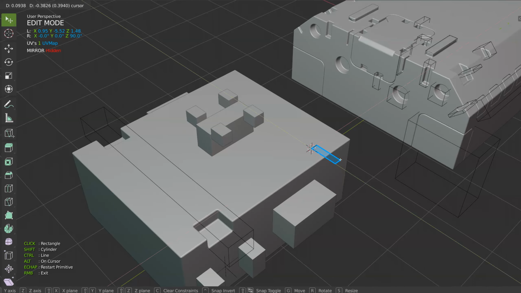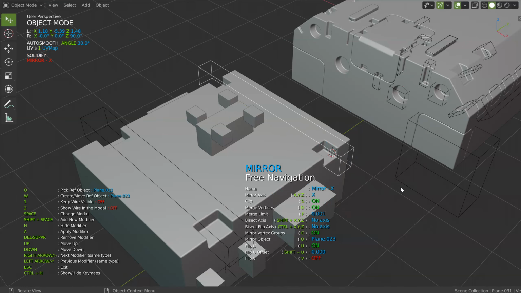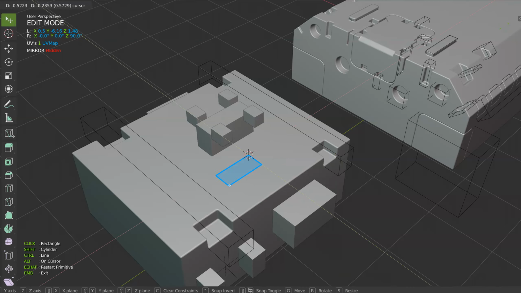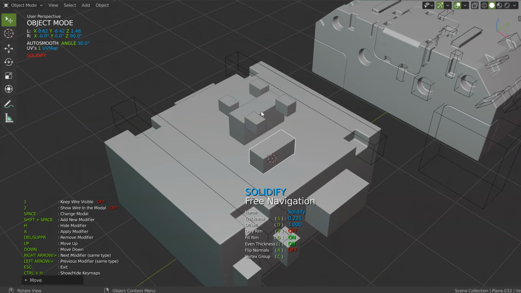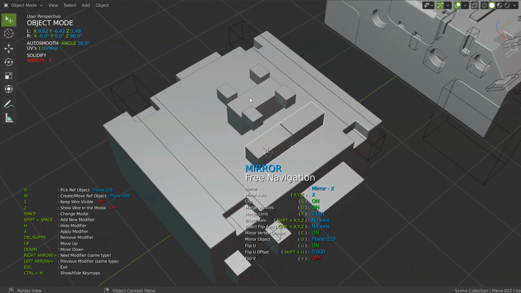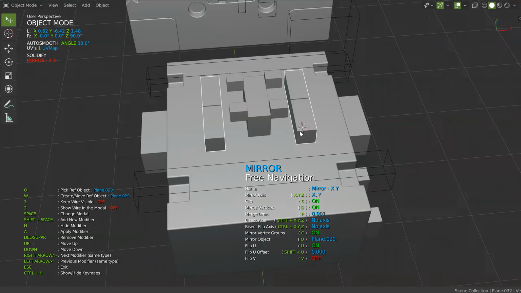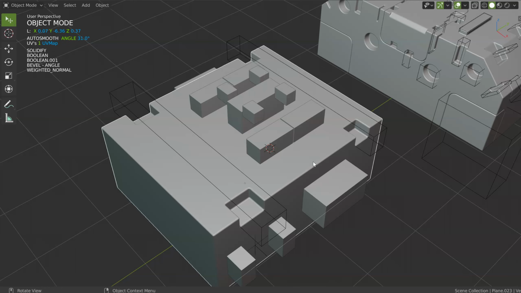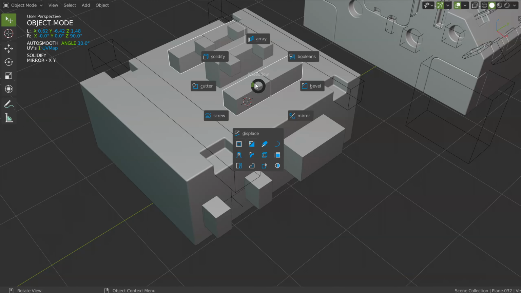If, let's see, I add another one here, I add a mirror, that will be on this one. If I add another object here, and I select this one, Ctrl Shift click, that will be on this one. Okay? So like that, you have all the possibilities on the mirror, and you have the possibility to make a really fast cut on the same object and add a mirror on the same object as reference. So this is really fast.